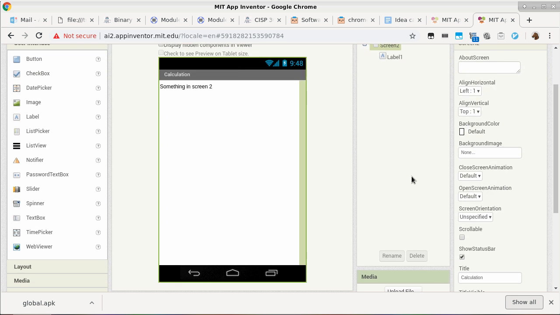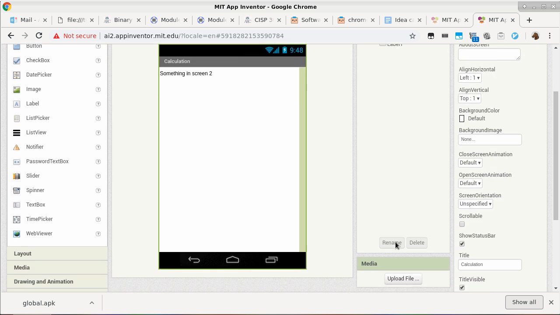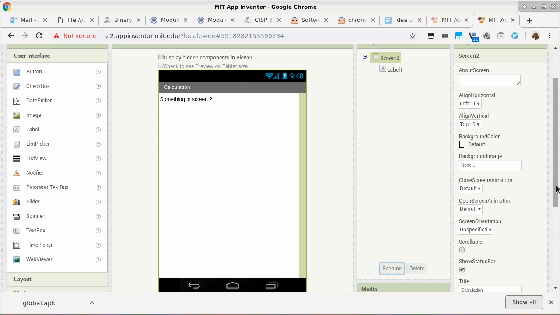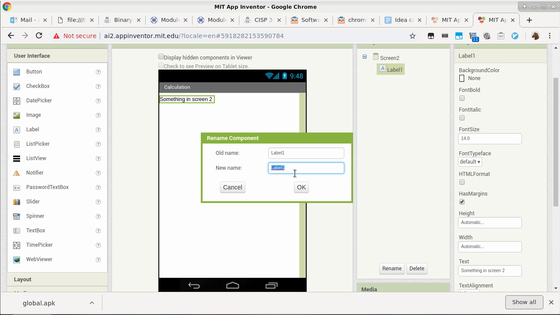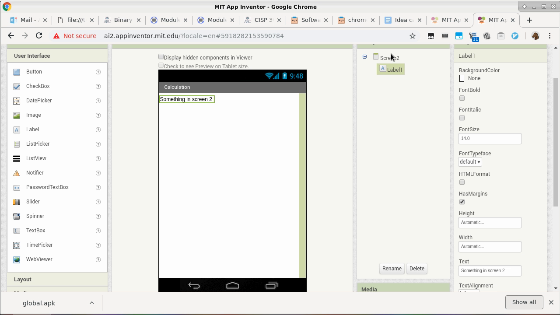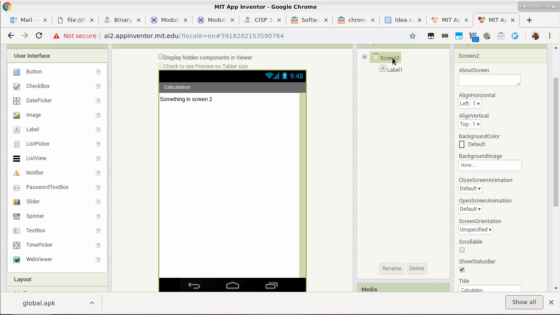Once you have a screen that is already created, you cannot rename it. It's not like other components where you can just rename it. With label 1, I can go to rename and actually change it to something else, but with screen 2, I cannot. You can never rename it? Yeah, that seems to be the case.